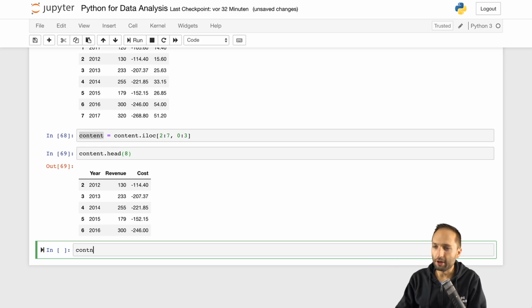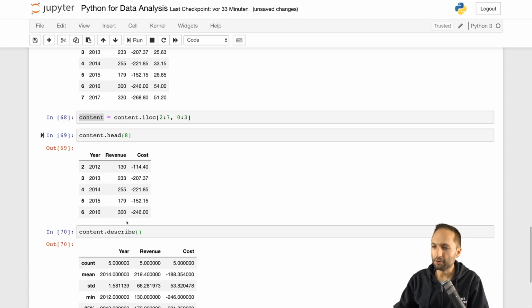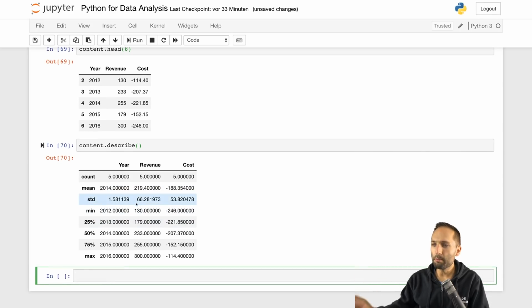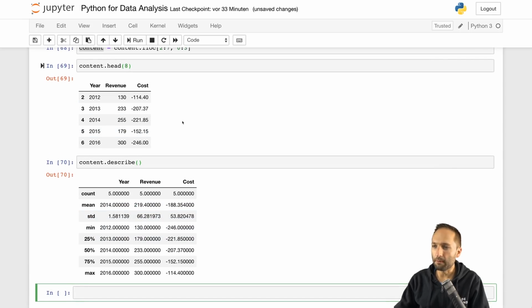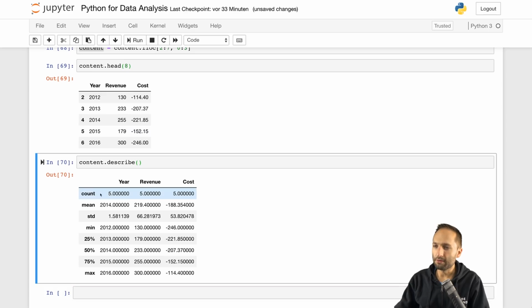So simply type content.describe right here in the brackets. And if you now hit Shift and Enter, you can see some really basic statistics about your data. You can see that we have 5 different years, so 5 different revenue and cost data points. You can see the mean, the standard deviation, and a minimum and a maximum